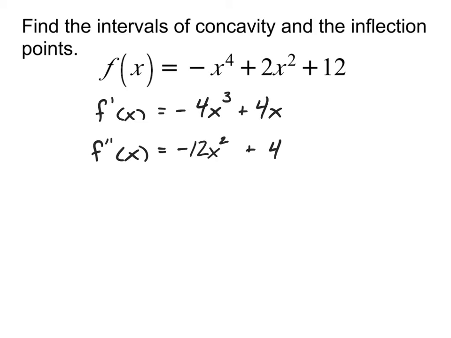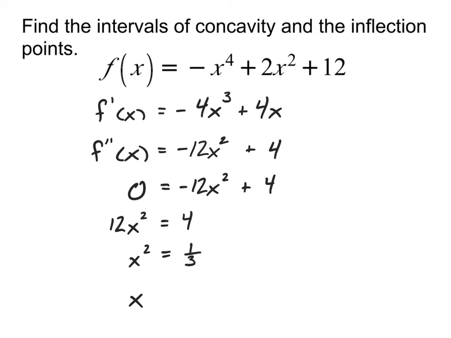Now, the very first thing I would need to find with this one is the points of inflection, because the points of inflection are what separates the intervals of concavity. So my inflection points here are going to be where the second derivative equals 0. So I set that equation equal to 0 and solve from there. And when we do so, we end up with x squared equals 1/3, which means I then take the square